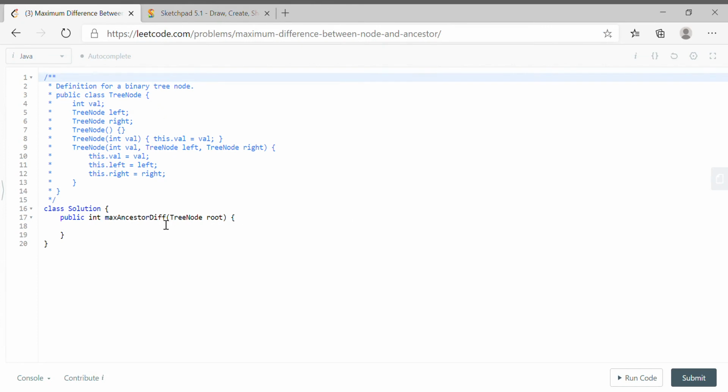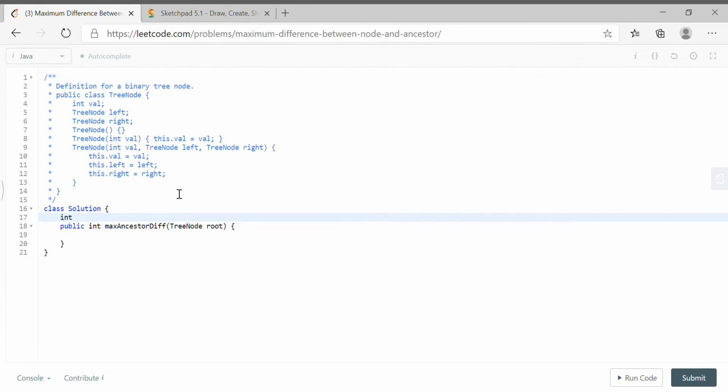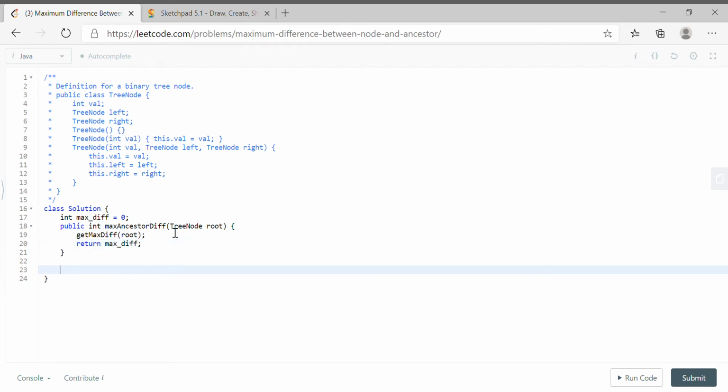In the same way, it's an easy problem. For that, we take one max diff variable, and let's suppose that right now it is 0. We will call get max diff, pass the root, and at the end we need to return max diff, which is the global variable where we will save it, right?